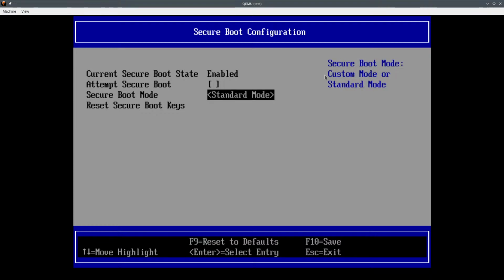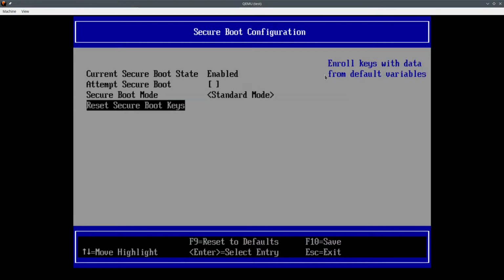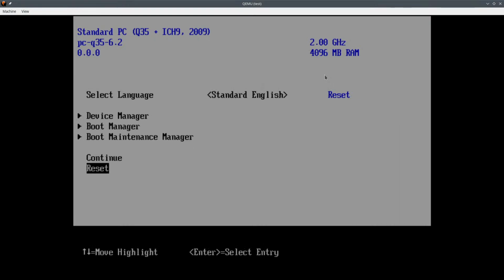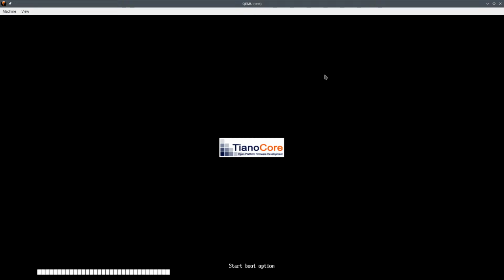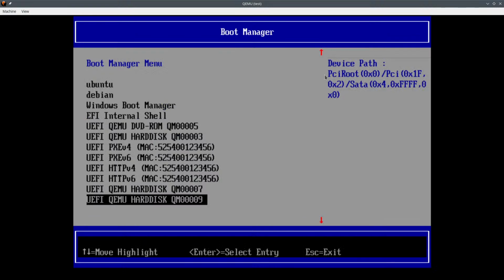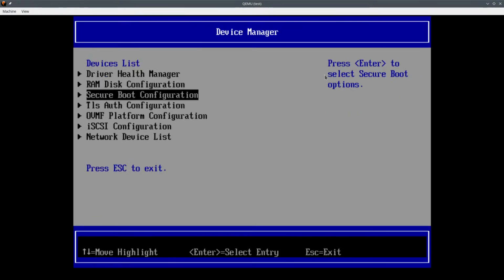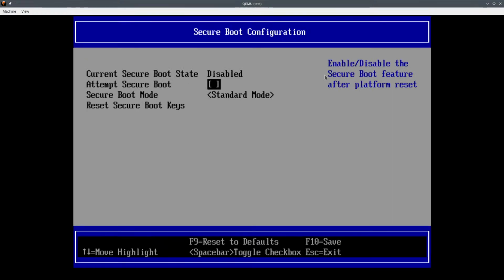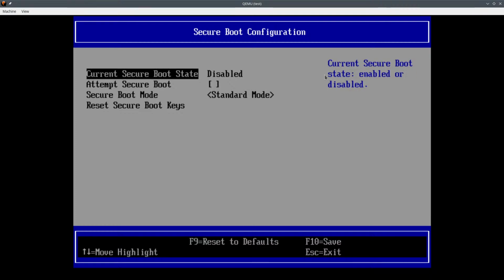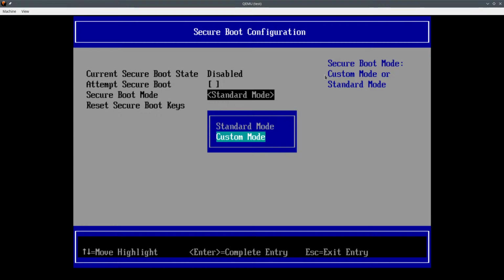Okay, so F10 save. Yes. So I guess that now we need to reset all of this. Hopefully this is going to be good enough for this to boot, stuff that doesn't work as expected. Secure boot. Attempt secure boot. Current is your secure boot, custom. Yeah, no, I mean,